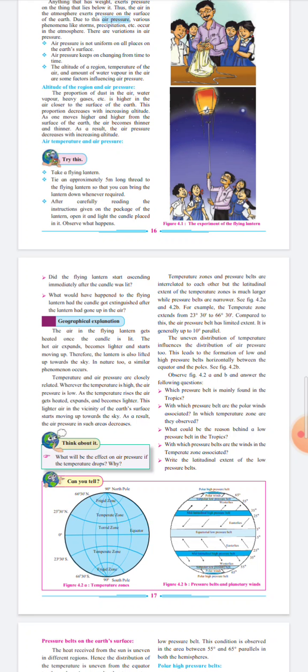This change is towards 5 degree to 7 degree south, 5 degree to 7 degree north. If it is 5 degree north to 7 degree north, it is called Dakshinayan, and 5 degree south to 7 degree south, it is called Dakshinayan, and 5 degree north to 7 degree north, it is called Uttarayan. And this is called oscillation of pressure belts. Means little bit changes occur in pressure belts, and it is called oscillation of pressure belts.